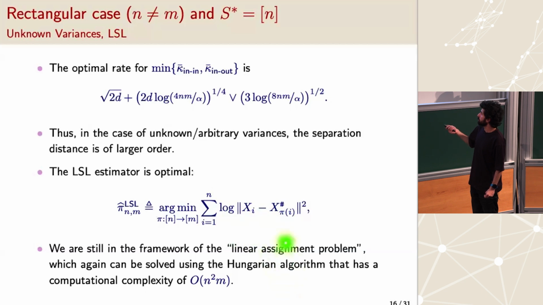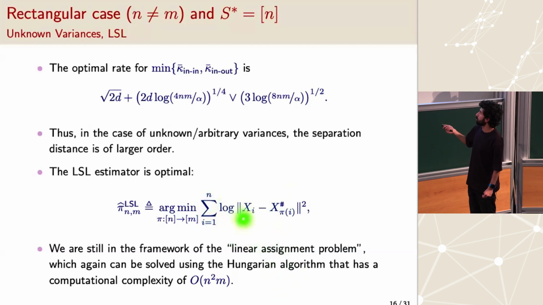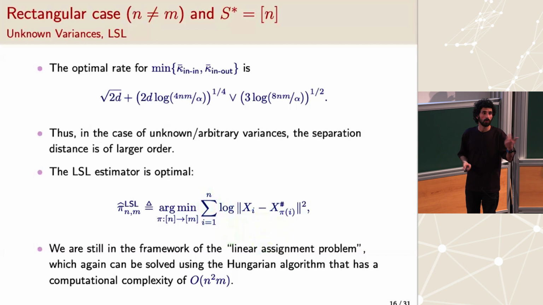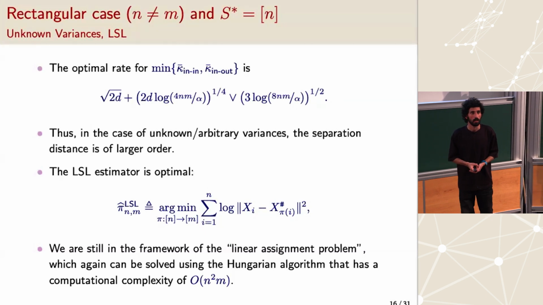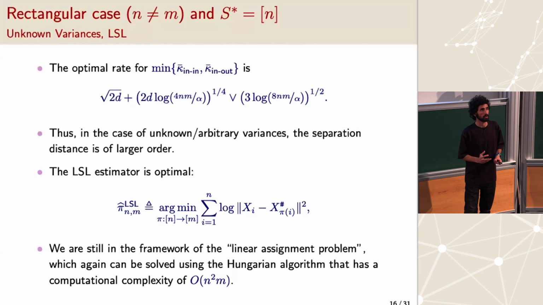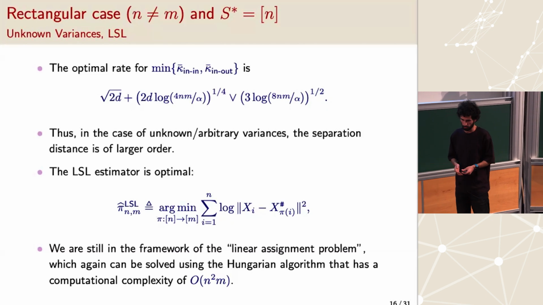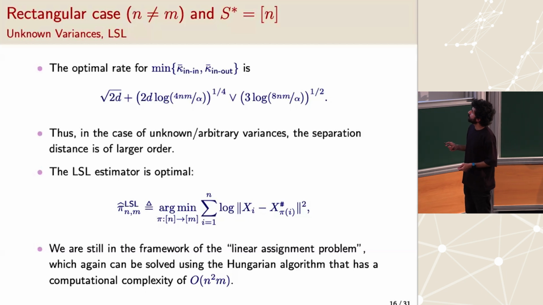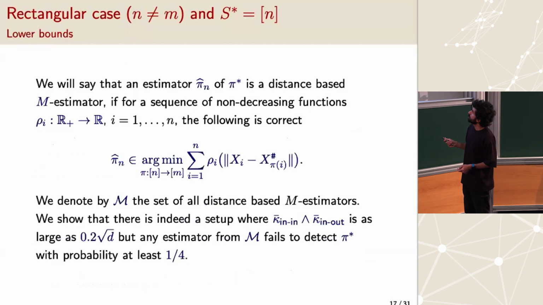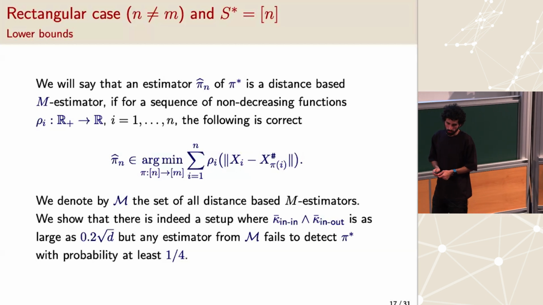However, the problem itself as an optimization problem doesn't change. You just take the log of the xi's, and somehow it becomes more robust and takes into account these effects of sigmas that might be different. Okay, so the complexity doesn't change, and also this is optimal. In what sense? In the sense that